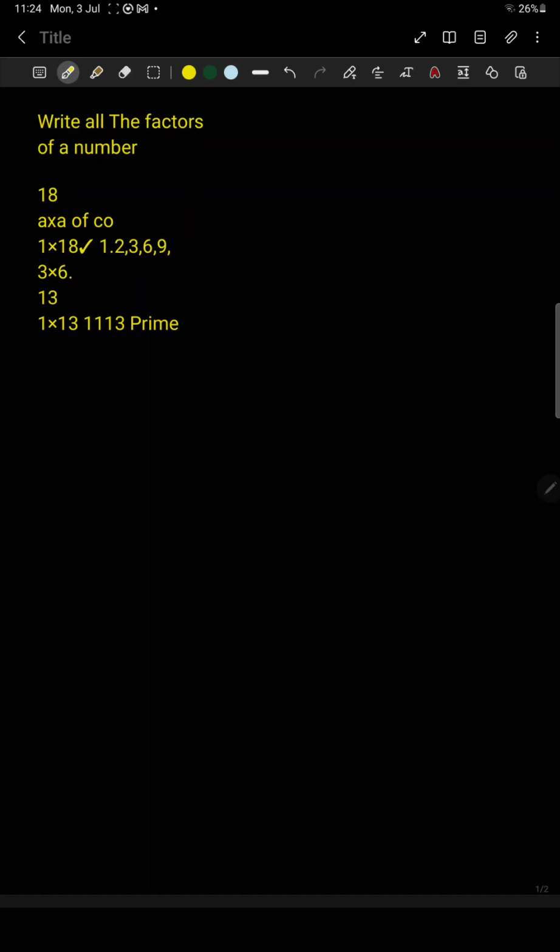For instance, our number is 28. So we are going to write the factors of 28. How to write the factors of 28? First of all, we will think how many different ways we can factorize 28. For instance, 1, because 1 is a factor of every number, so obviously 1 into 28. Then we will think about 2, as 28 is an even number, so 2 into